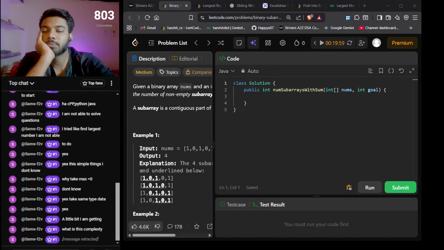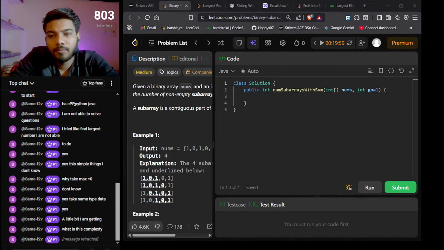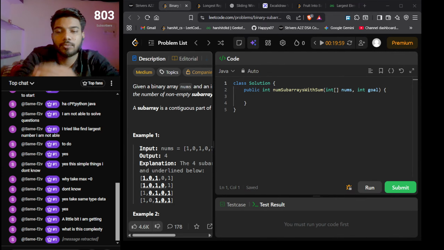We can solve this problem using prefix sum, and for each position,